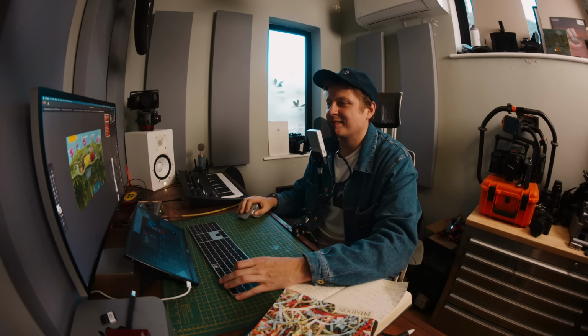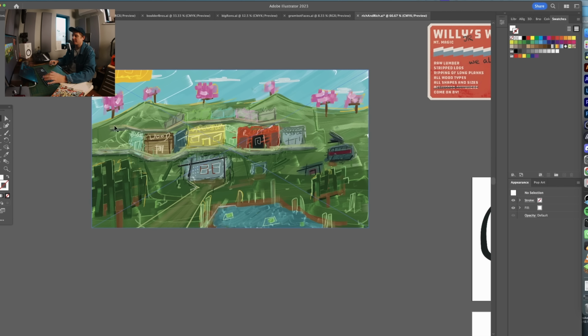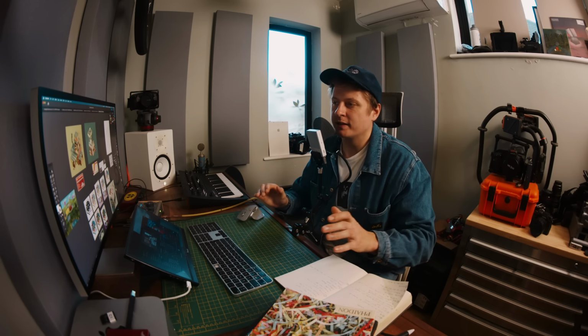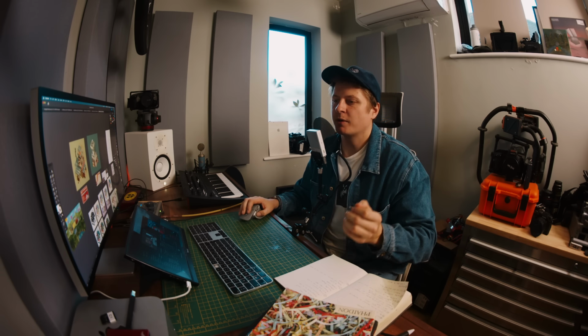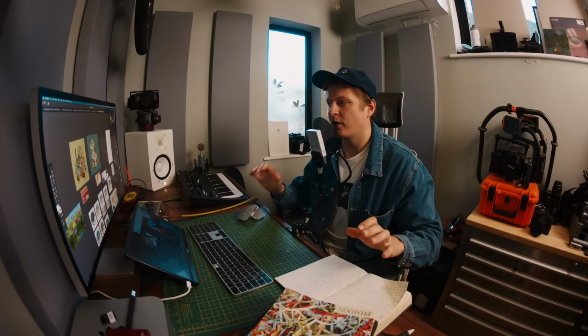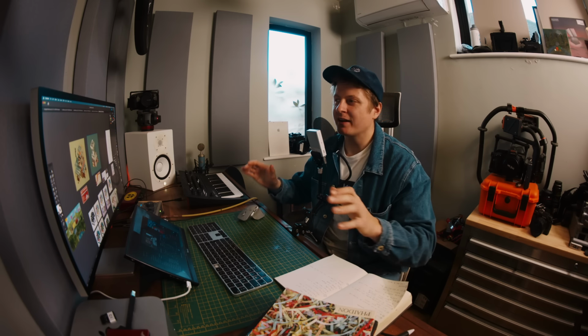I don't love the painting. It's really, really scrappy. I like this tree specifically, but the perspective is a bit weird. But again, it was purely just so I could get things worked out in my head. But people really enjoyed the concept art, and I kind of knew that I wanted to do concept art for each of the buildings, but I wasn't entirely sure how I was going to do it